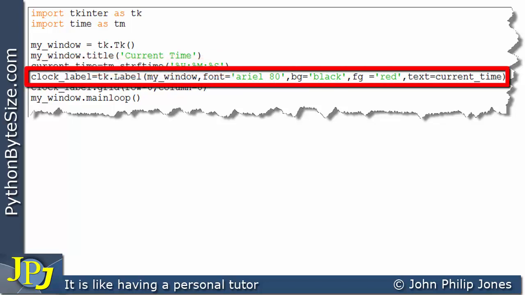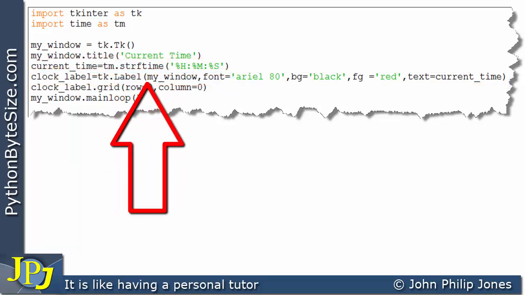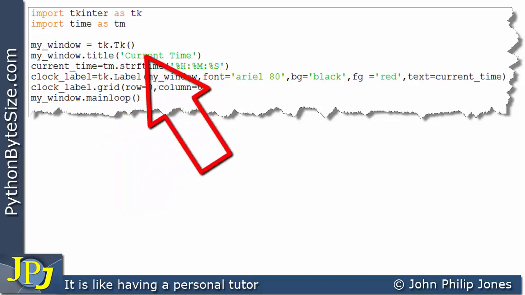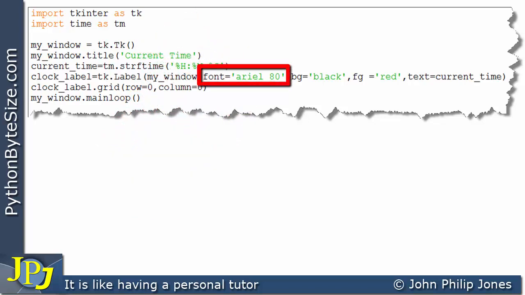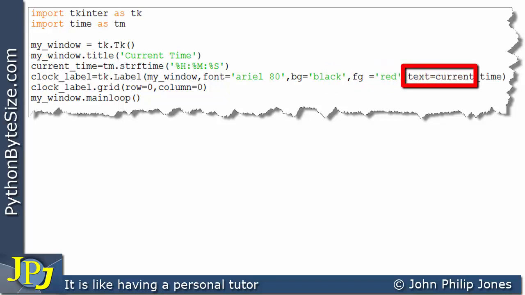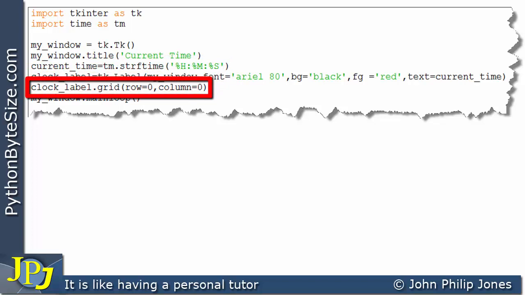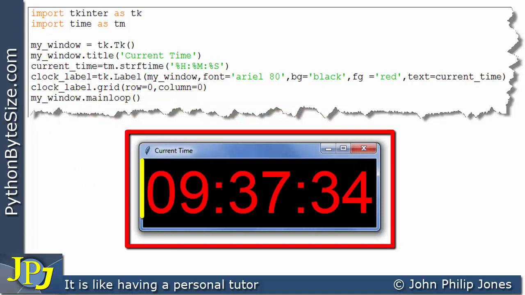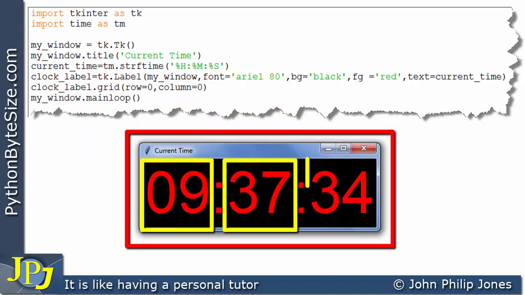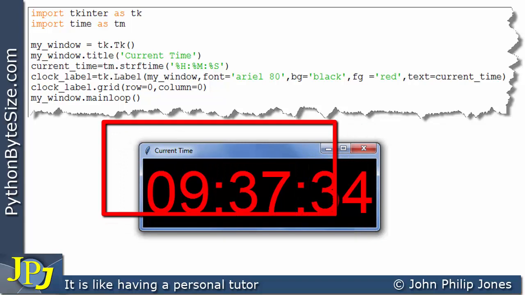This line then created a label, an instance of a label that's associated with this window that was created on this line. The font of this label is going to be set to Arial 80. The background color is going to be black. The foreground color is going to be red. And the label is going to have in its text property the value of the current time that was returned on this line, and then this will put the label at row 0 and column 0, and what we will typically see at the output is the following: 9 hours 37 minutes 34 seconds,